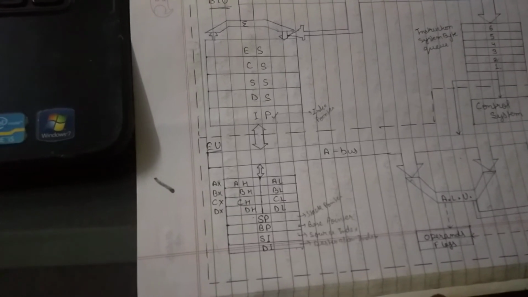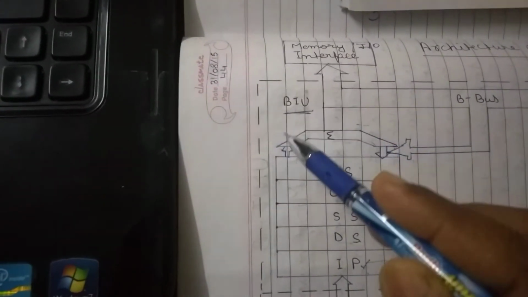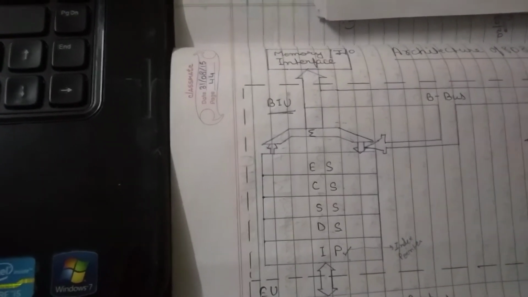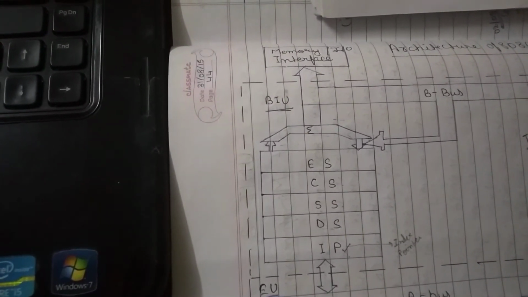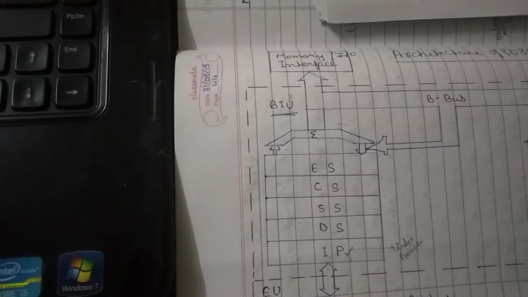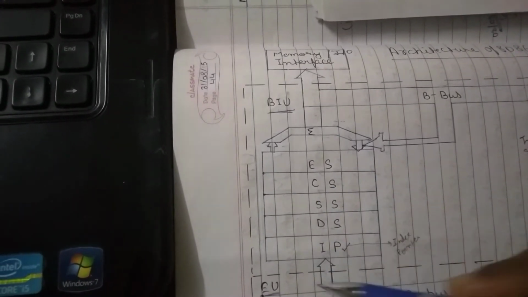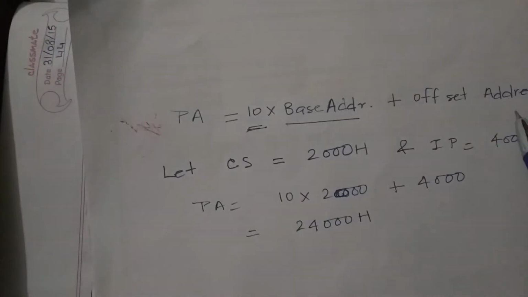Now what is the physical address? As we have discussed in the BIU, the bus interface unit, this arithmetic circuit is used to calculate the physical address. Now how can it be calculated? As we know, the physical address of the memory is of 20 bits, that is 1 megabyte, and all the registers are of 16 bits. So to calculate the physical address, the formula is: physical address is equal to 10 into base address plus offset address. Now base addresses are stored in the BIU in different registers: extra segment, code segment, stack segment, and data segment,